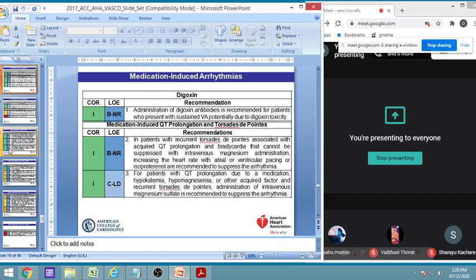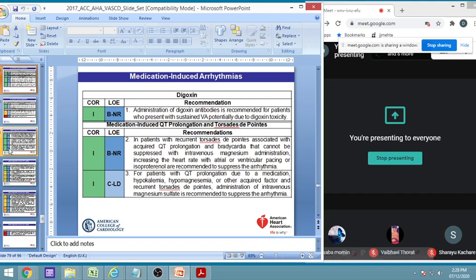Then digoxin, which is a medication-induced arrhythmia. We have seen, and I told you during pharmacology, that digoxin is used in arrhythmias. We have seen earlier that it can be used in atrial arrhythmias in earlier classes, but it can cause ventricular arrhythmias, so it is a very difficult one. It is one of the drugs of choice in the last stage, that is stage 3, stage 4, or grade C or D heart failure. In that, digoxin is used in heart failure, we have seen. So this digoxin